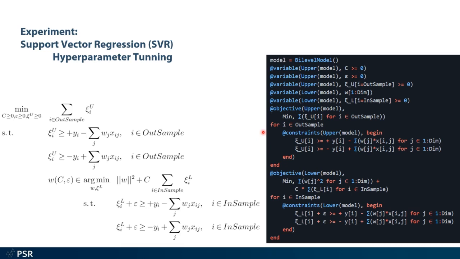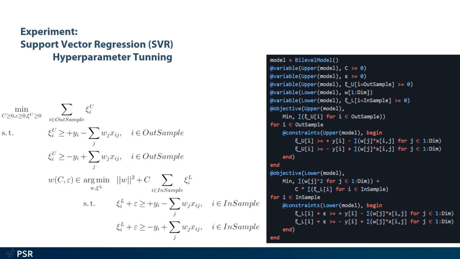We add all of the constraints. We can do that in a loop. We can do that multiple times for multiple constraints. And then we do the same thing for the lower level. We add the objective function and the constraints of the lower level, which completes the definition of this problem and allow us to solve this kind of problem